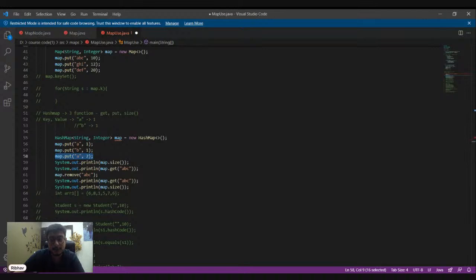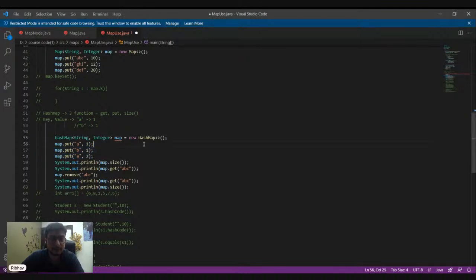So any questions that you have for me so far? How to calculate hash? Yeah, we'll be going through this. Any other questions? I'll be explaining how to calculate hash and the internal working of the hash map as well. Okay, so I'll take that as a no, and we'll just proceed with the working of the hash map.